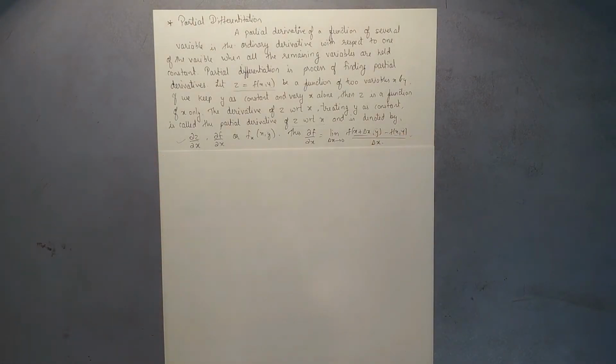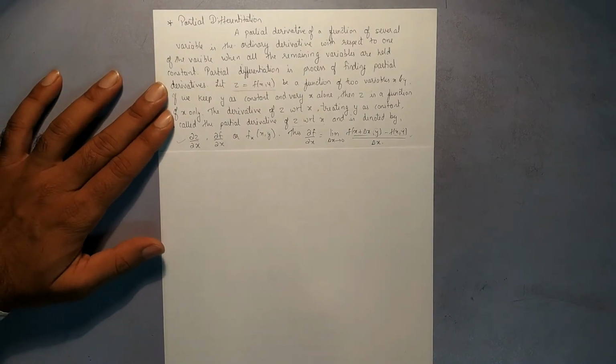A real life example of this can be observed when a gas is closed in a container where a certain temperature and certain pressure is applied to the gas. So here the volume of the gas depends on the temperature and the pressure applied on the container. If we have to study the change in temperature keeping pressure as constant, or the change in pressure keeping temperature as constant, then we can do this by partial derivatives.